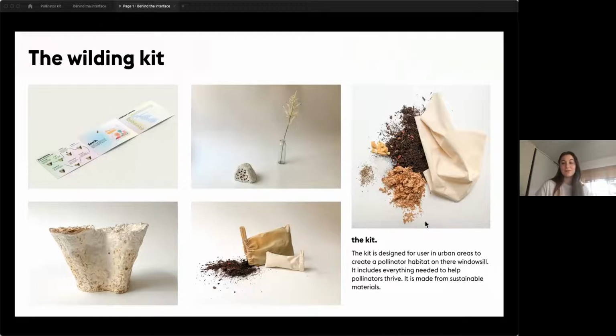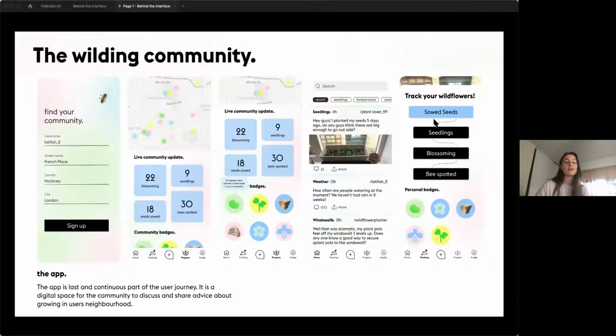And these were all the materials I used to make this kit. So that was kind of fun. And so this would be the second stage of the user journey, and the last stage, and hopefully the continuous stage of this initiative, is this app. And it's a community app, and it's meant to only focus on where the user lives, so a rough neighborhood of users, and together they can talk, and it's like a forum or feed, and they can ask for advice